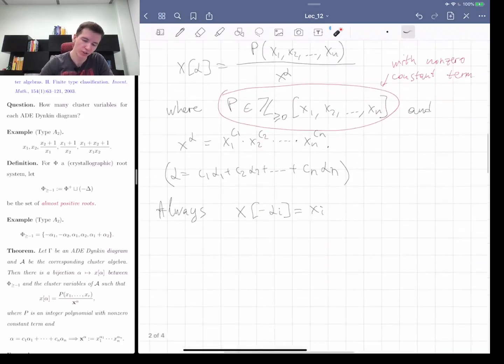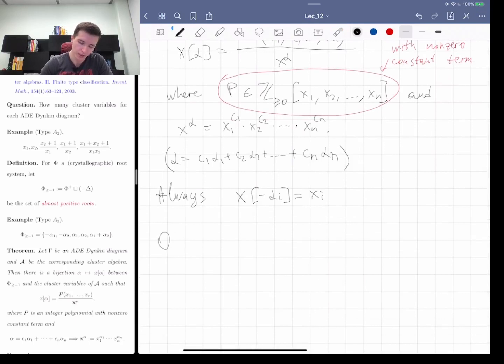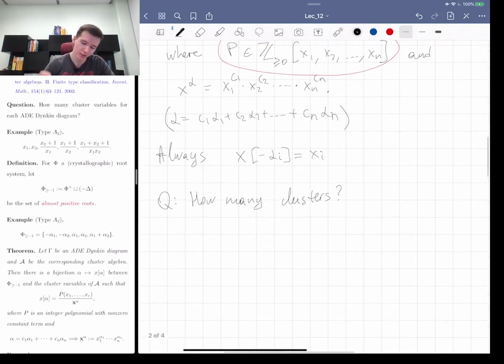Now you can ask other questions. You can ask, let's say, how many clusters, not just cluster variables. Cluster variables are grouped into clusters, like diagonals are grouped into triangulations. And so there are Catalan many triangulations. You can ask how many clusters for arbitrary Dynkin diagrams. You get some analog of Catalan numbers for arbitrary Dynkin diagrams. And I'm going to discuss this a little bit later. So we'll discuss later, because now I want to actually focus on